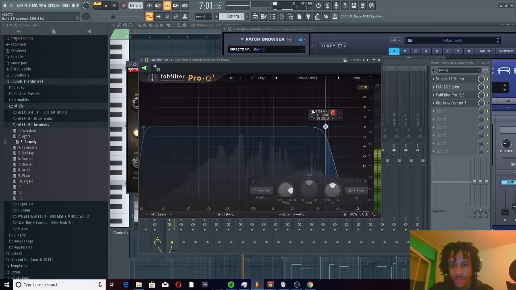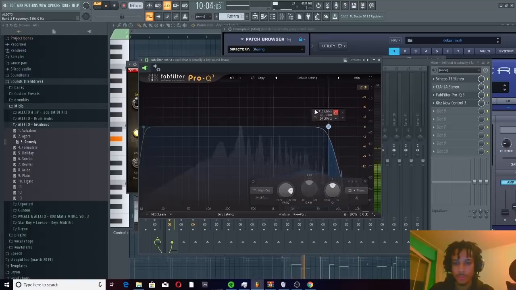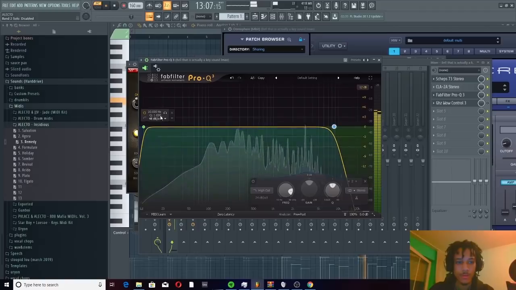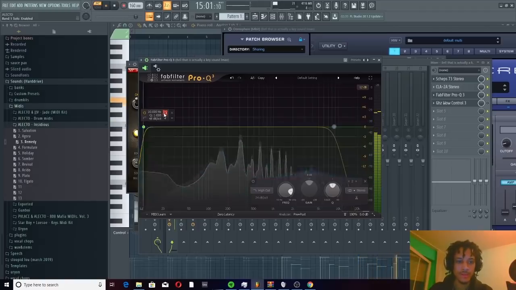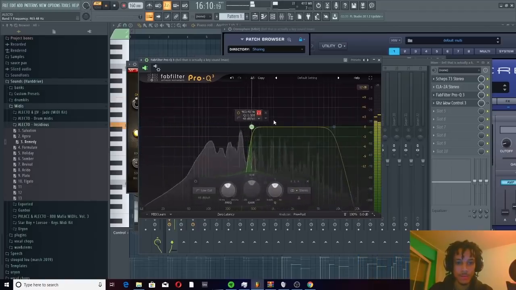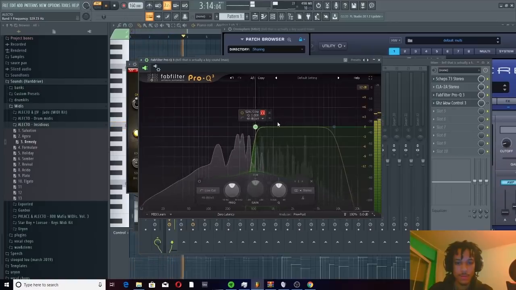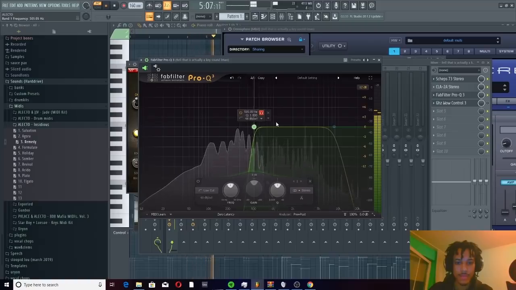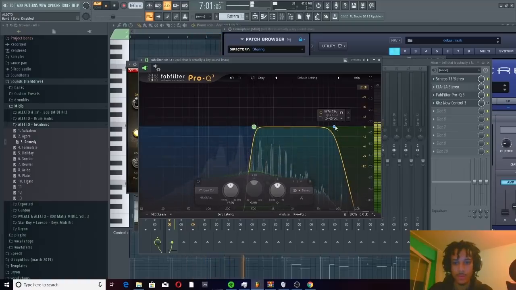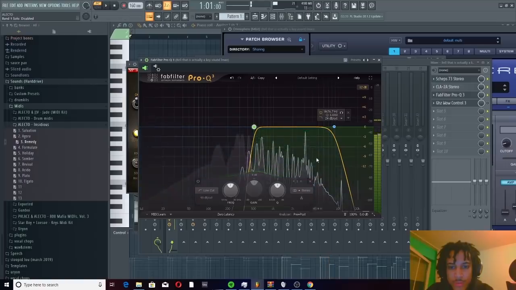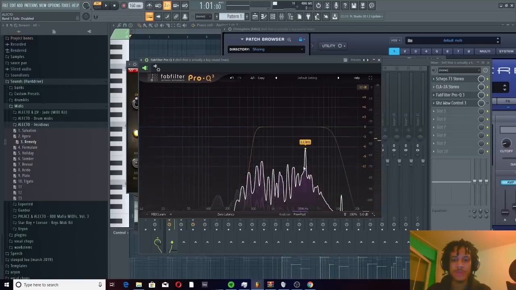So this frequency already adds some character to the sound, so I want to drag it back up a bit. And I'm going to do the same thing on the other end. Sounds about right like this. And at last I'm going to cut some of these frequencies out. As you can see here,